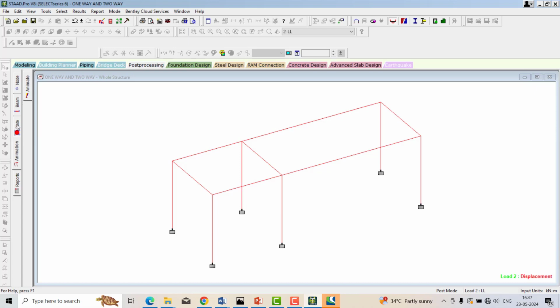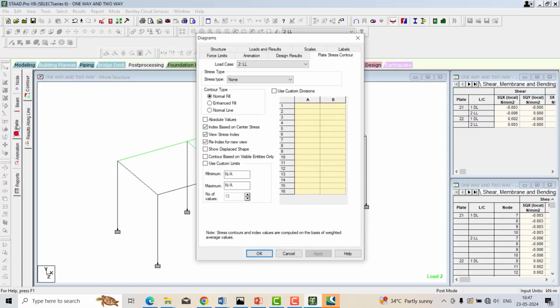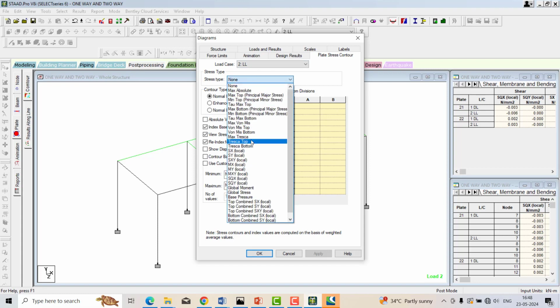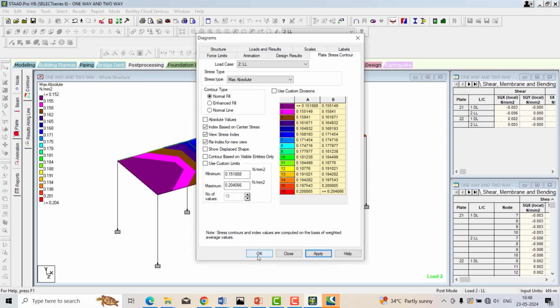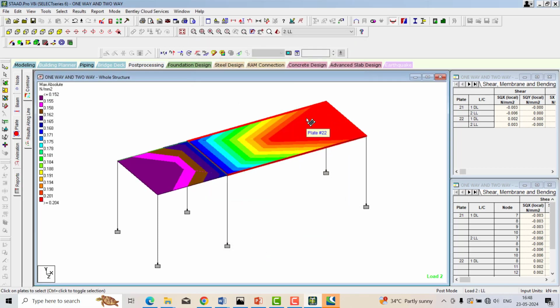Even you just click on the plate because recently I added the plate. I want to check the maximum stress coming over the plate. For that, click on the plate option and then stress type. If you want to check the minimum maximum in a particular axis, you can check it here. I just want to check the maximum absolute. So this is a stress diagram you can see. As I showed you, at this corner we get the deflection, which means obviously we get more stress at that corner as compared to this corner, and the value you can get here.